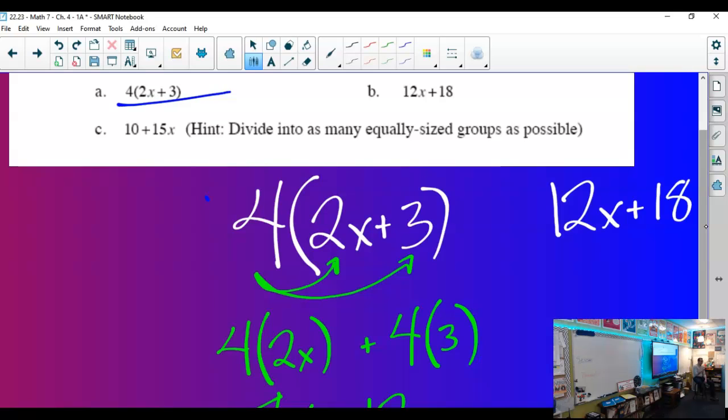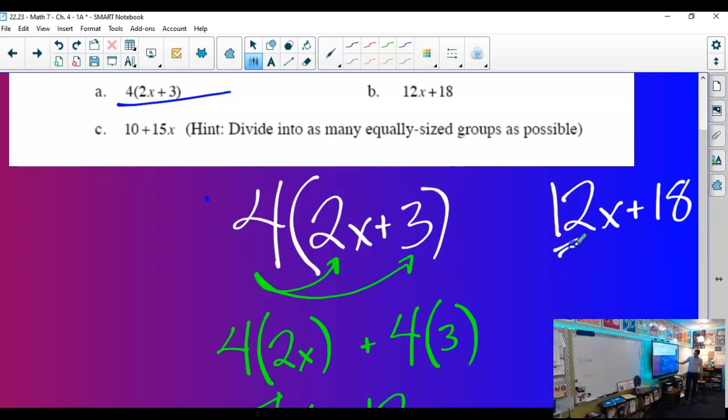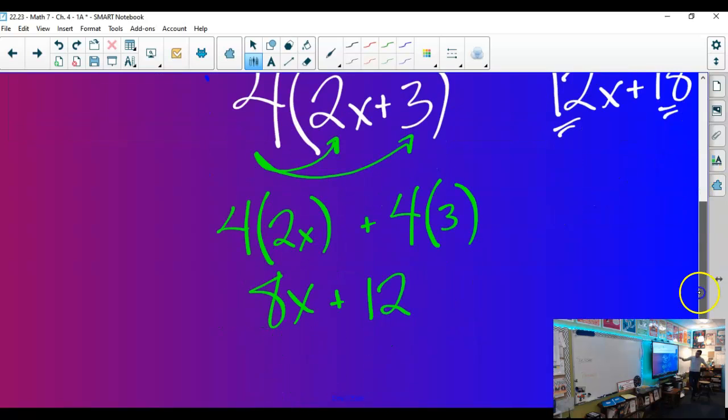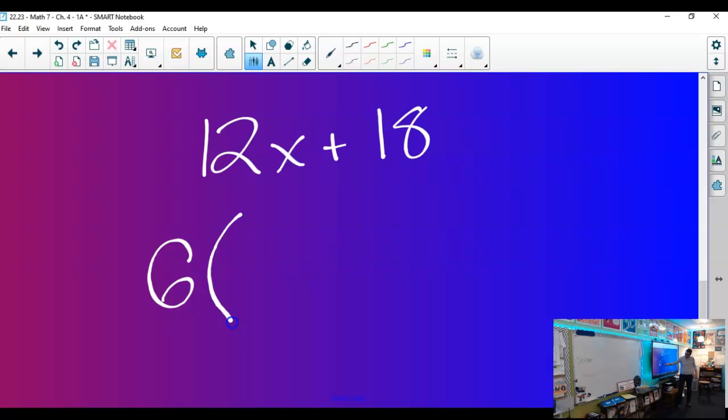4 and 6. No. 6 and 3. I mean, that's 6 times 2 and 6 times 3. So 6 times 2 is 12, and 6 times 3 is 18. 12 and 18 are both multiples of 6, and 3, but we're going to pick the bigger option, right? So since they're both multiples of 6, we're going to say, okay, if we broke them into 6 groups,